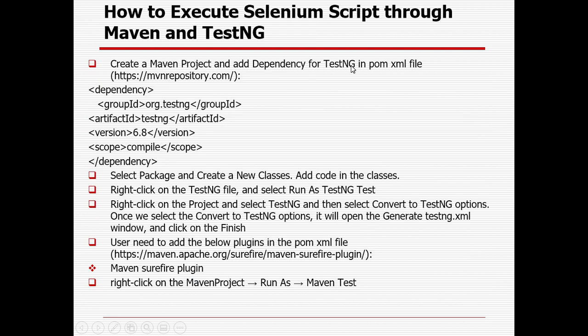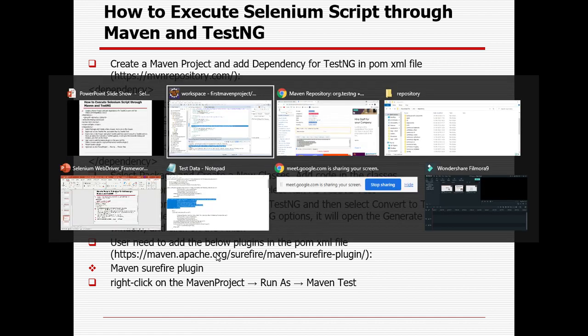So I already mentioned, we can create a Maven project, we can add the dependency from TestNG, Selenium, or whatever thing we'll be using, we'll be adding as a dependency. We can create a new class, we can create a Java class, we can create a TestNG class, right? So how can I add this thing? We need to add Maven's Surefire plugin. Okay, so let's go to that space.